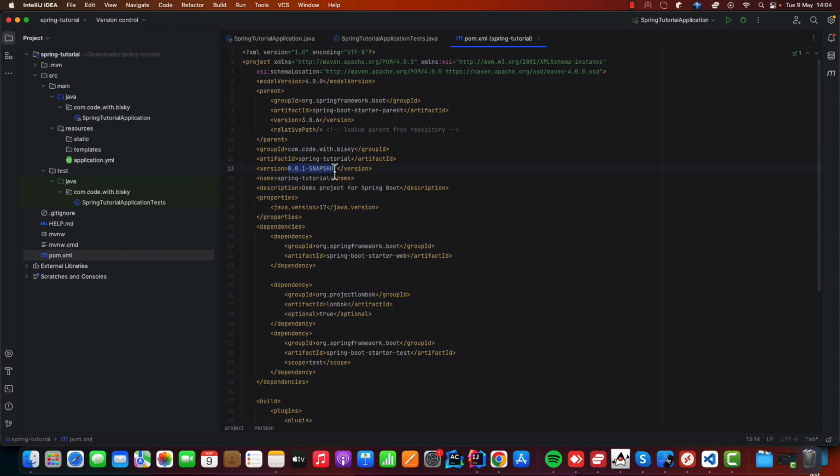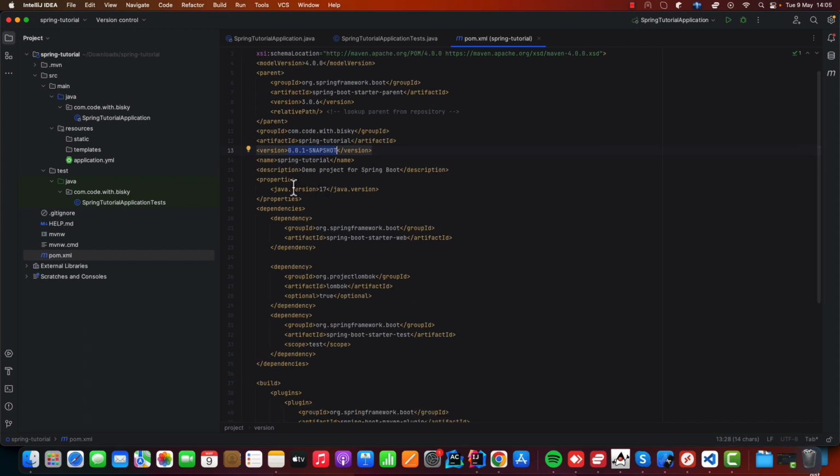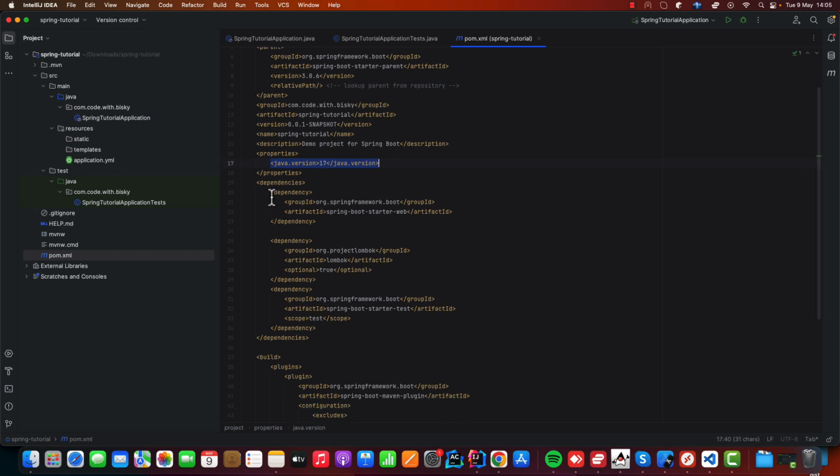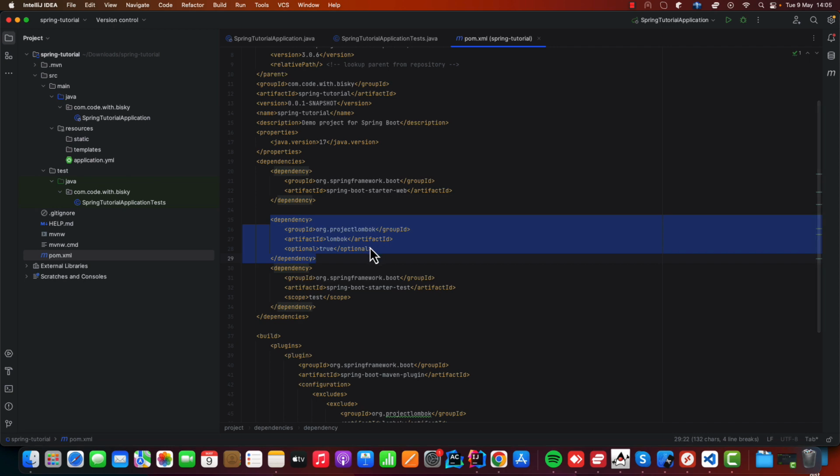By default, when you generate, it will be 0.1-SNAPSHOT. And I'm using Java version 17. These are now the dependencies. So it's an array of dependencies. We shall add more dependencies here that we want to use in our project. For now, we added the Lombok one,